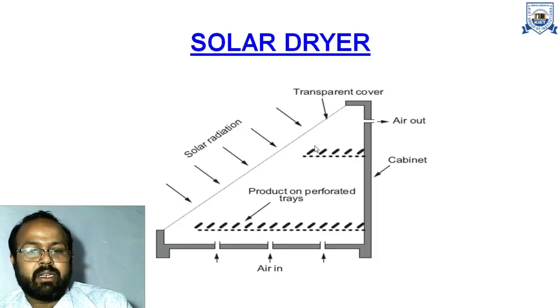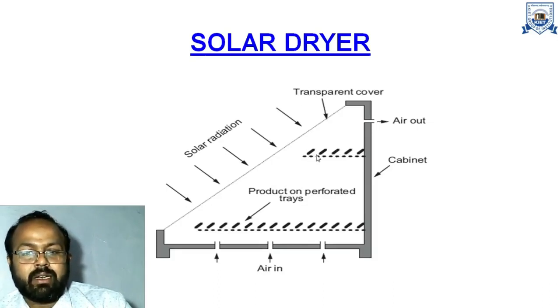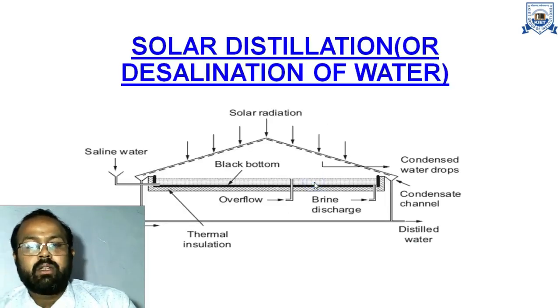So this is the solar dryer, basically for drying food and different materials like rubber, and food items like apple, neem, giloy. For drying purposes we use the solar dryer. In this solar dryer this is the cabinet mechanism, and these are the trays. So basically we put our food on these trays.